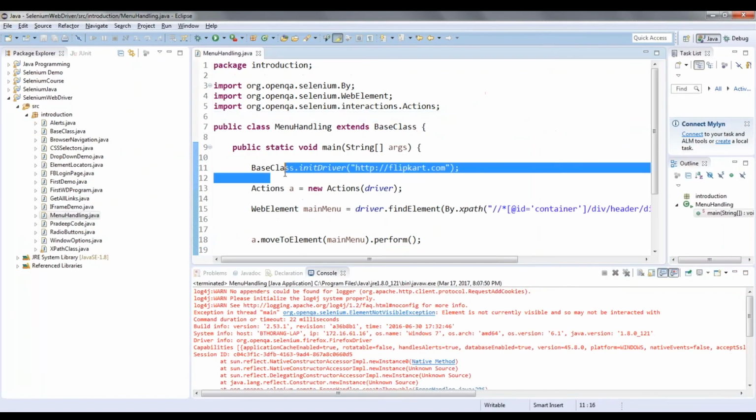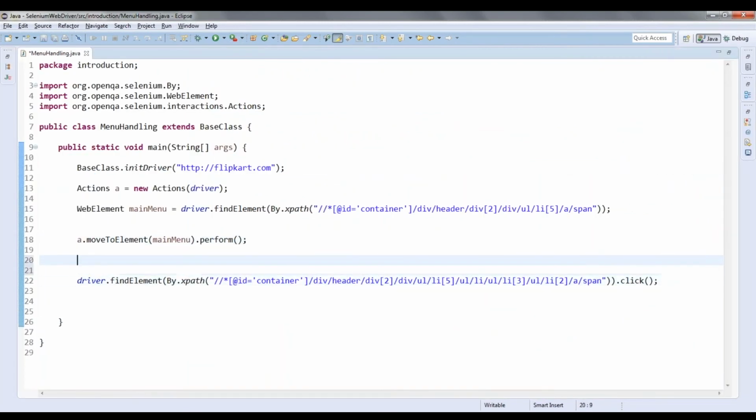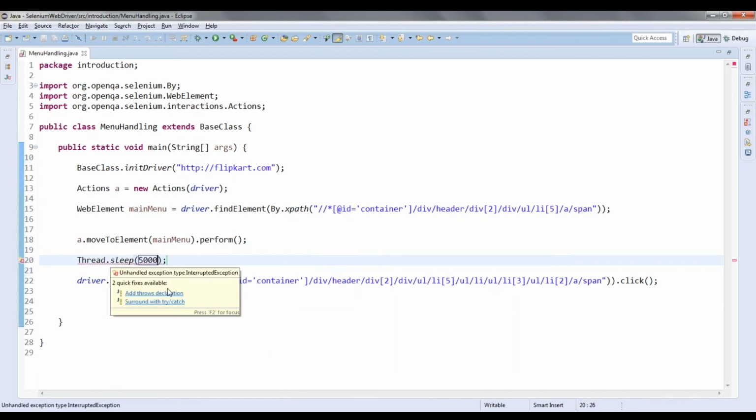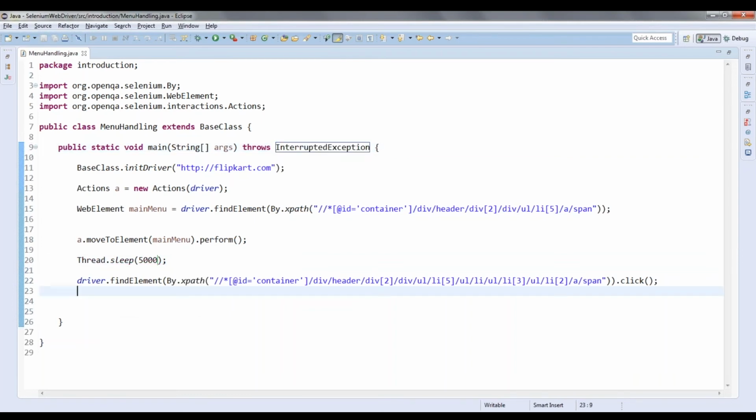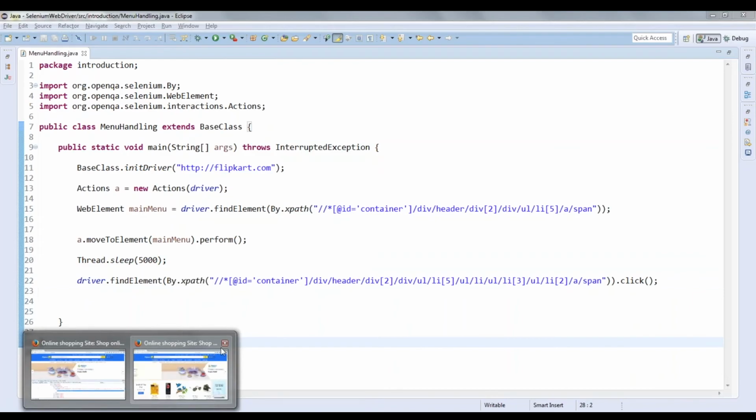Right. So the element is visible, right? So once that is done, let me add some sleep time, and then I will be clicking on that. Let me run this again.